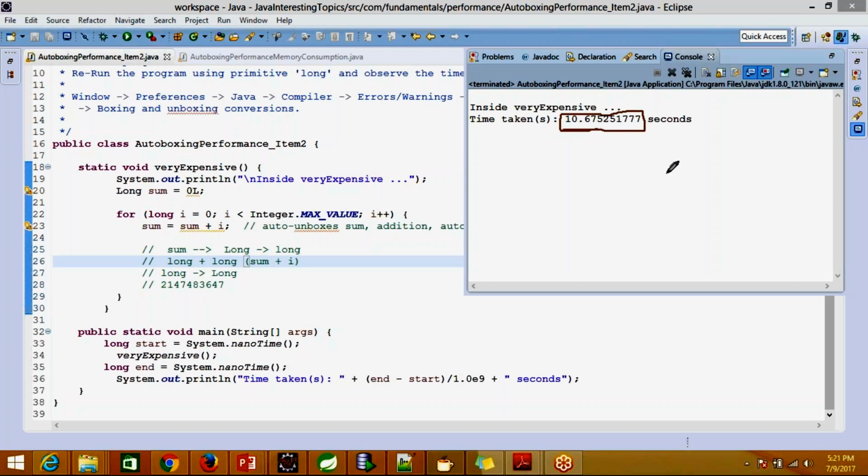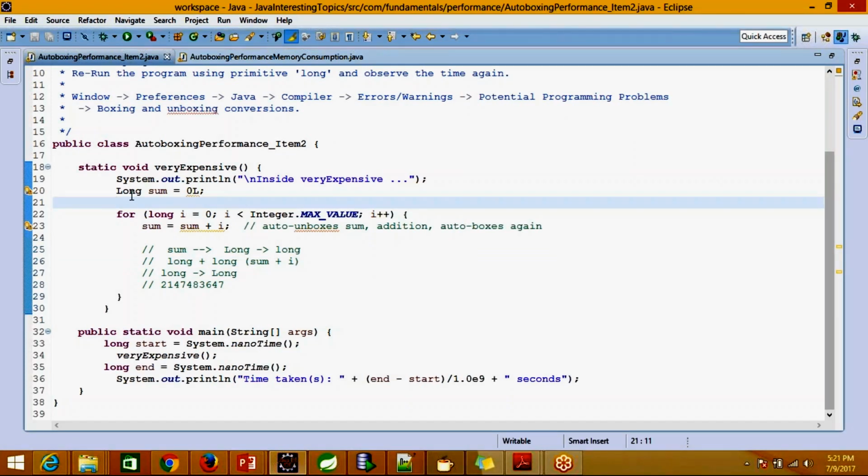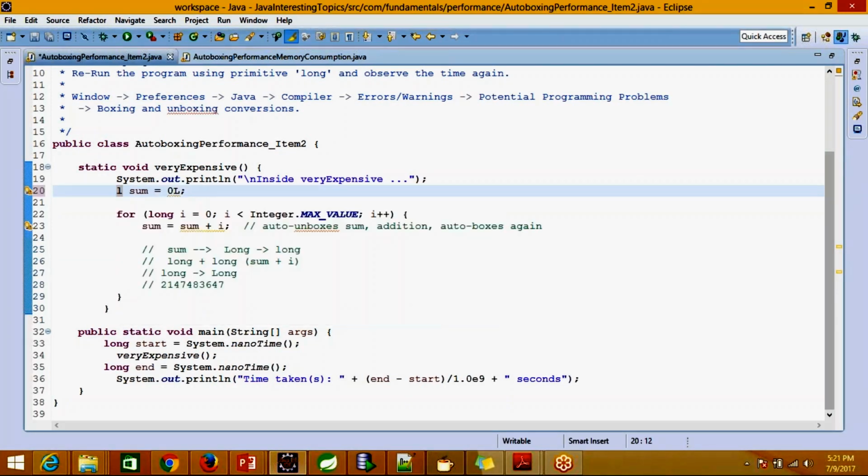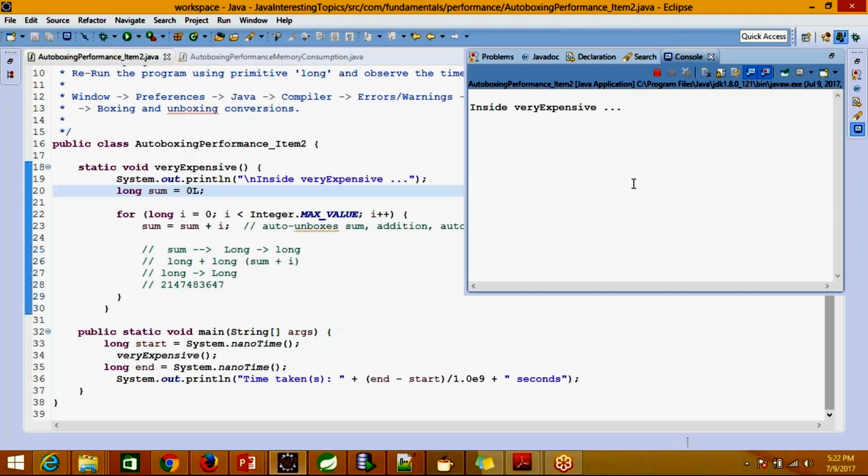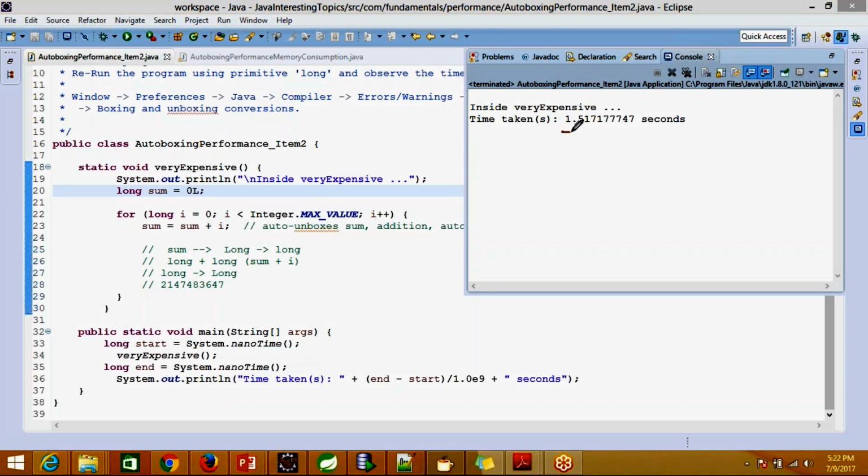Now let me make a single change in this program and rerun this, and then we will see what happens. All right. Let me convert this wrapper type to the primitive type and run this program one more time. So I'm running this program one more time, and now observe the output. Alright, we already have our output as soon as I executed this, and this time around it took only 1.5